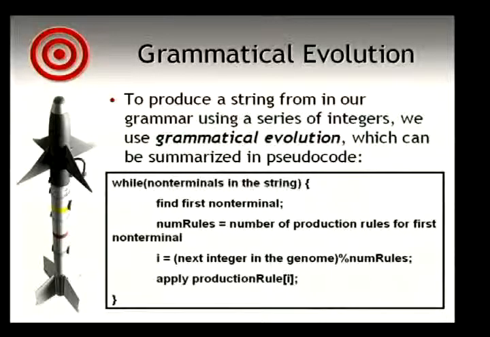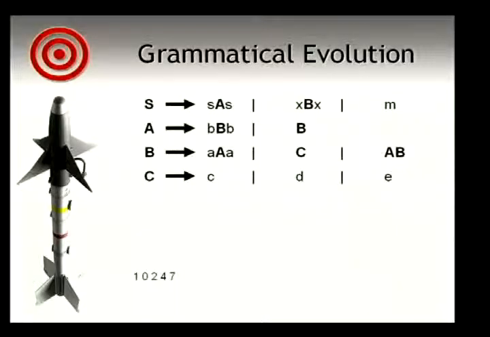So we take whatever the next integer is in our genome. We just go down from left to right in our genome. And if it's a 1, 2, 3, we just mod by the number of rules and apply that production rule. So again, I'll give you a specific example. So we start off, first we number